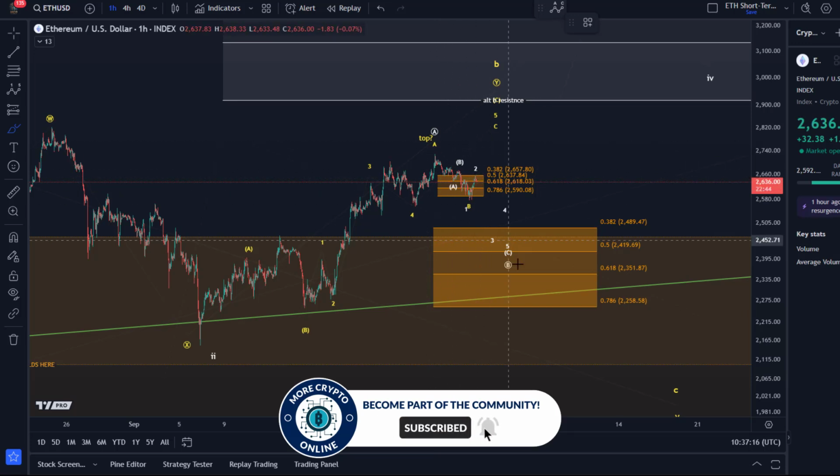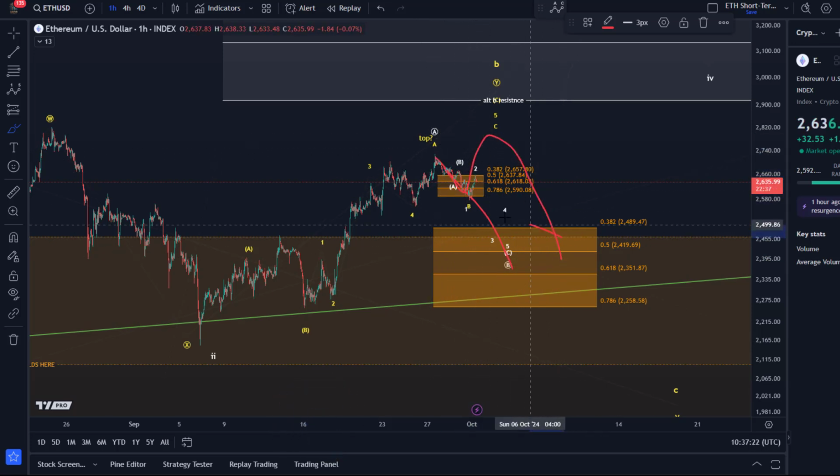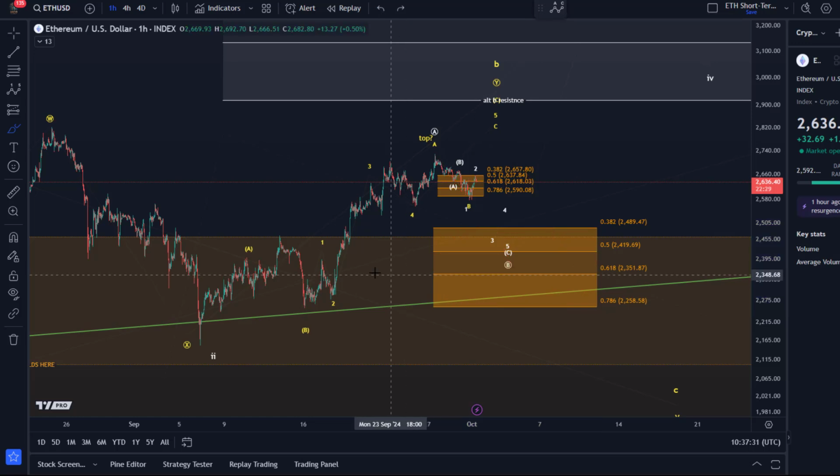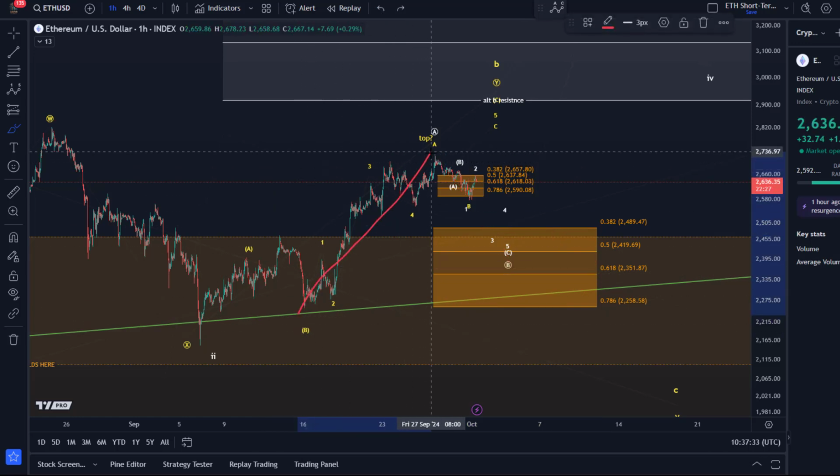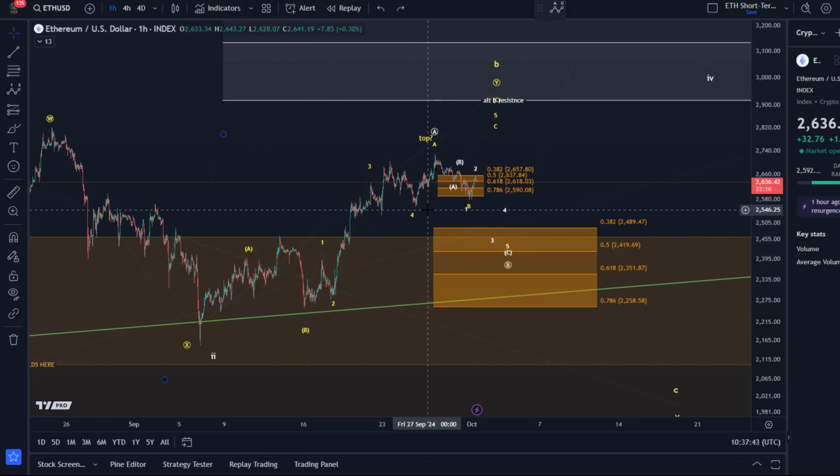Either way, we should test this support area, either directly or after one more high. And this will be the next key pivot to understand if we are in a larger bullish scenario, if we're heading to 1800. For now, I'm only interested in understanding: is this immediate rally that started on the 6th of September, down here, and then started to gain some traction again around the 16th of September, over? And it looks a little bit like that.